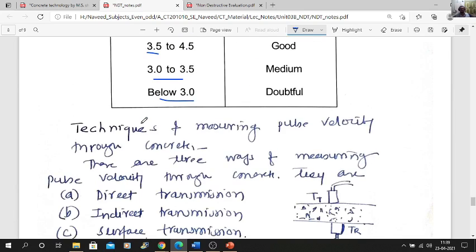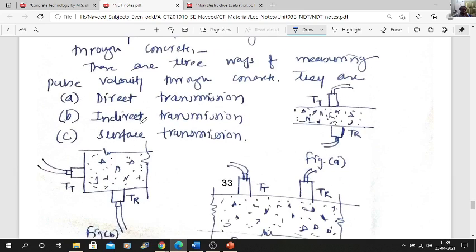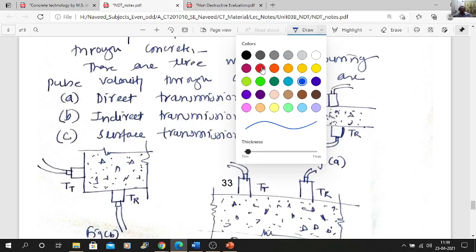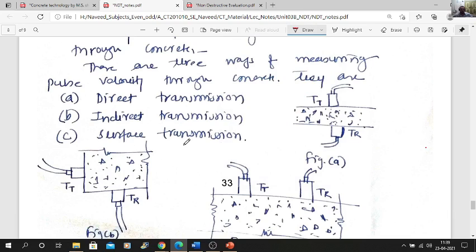Okay. So for the technique of measuring pulse velocity through concrete, there are three types of techniques to find out the pulse velocity of your concrete. We can see here, first is the direct transmission.